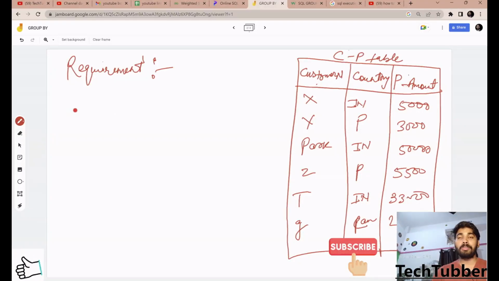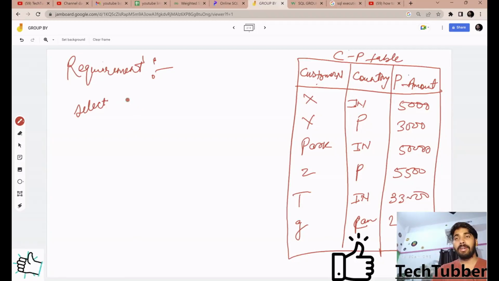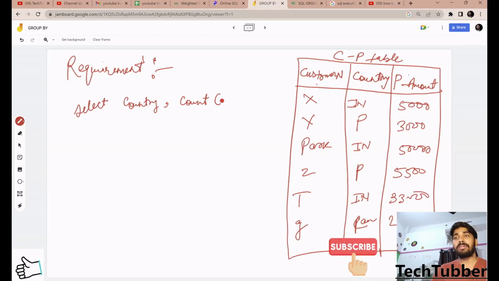You have to find the count of customers from each country. So you will put something like this: select country, comma, count customer,